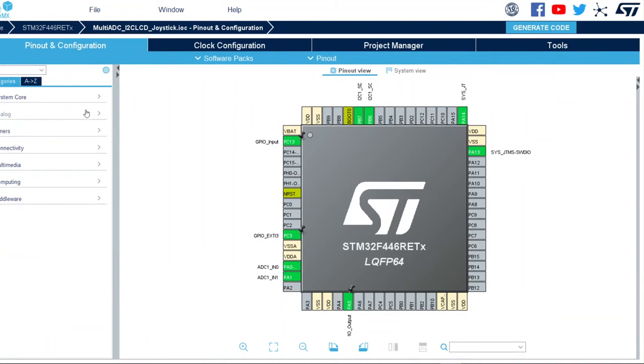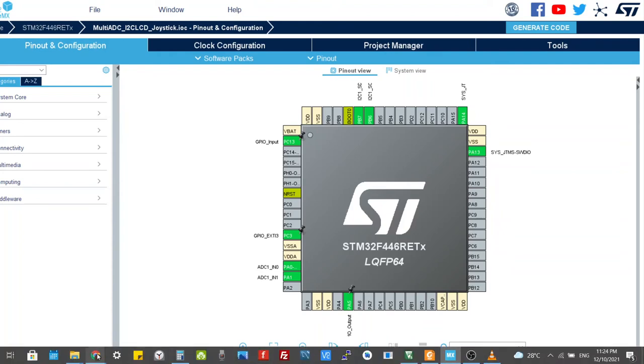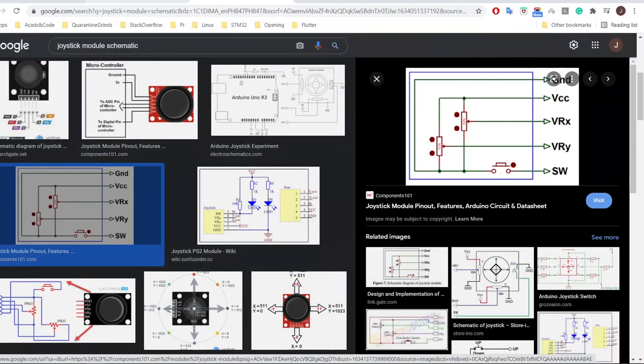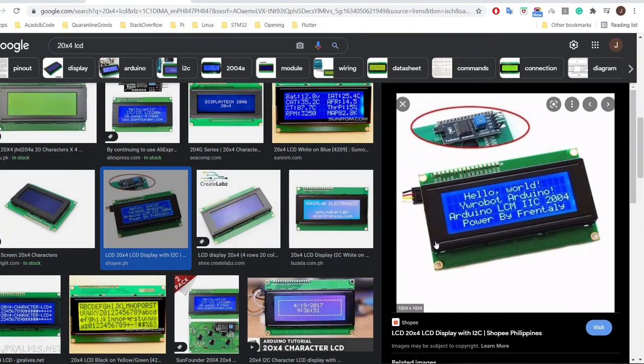So first thing I want to mention is that the LCD that I am using is a 20 by 4 LCD, and that basically means that it has 20 columns and 4 rows or lines. And this LCD of mine is actually standalone. It doesn't have this I2C backpack module. This basically allows the LCD to have an I2C interface. So it really